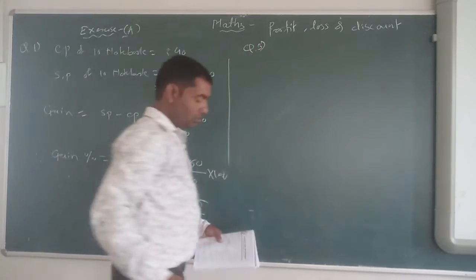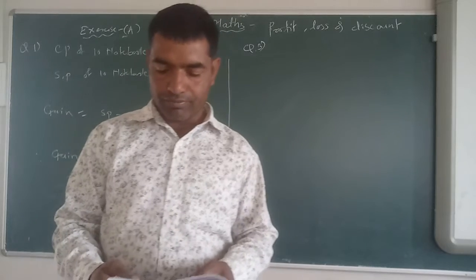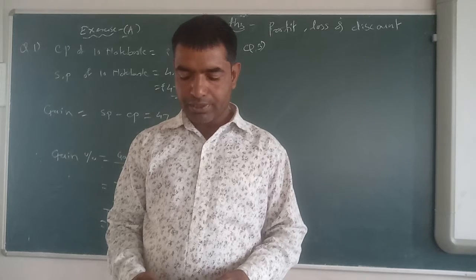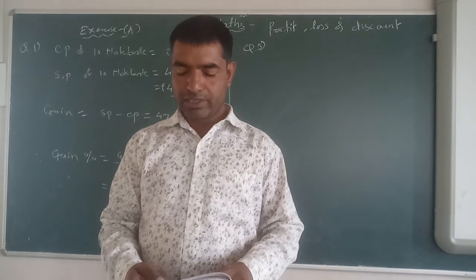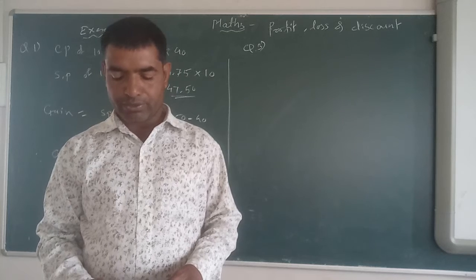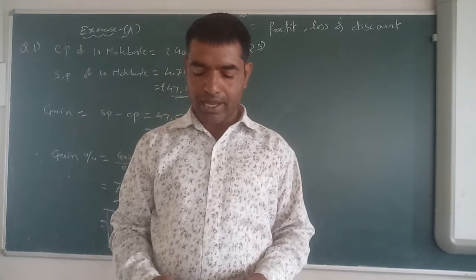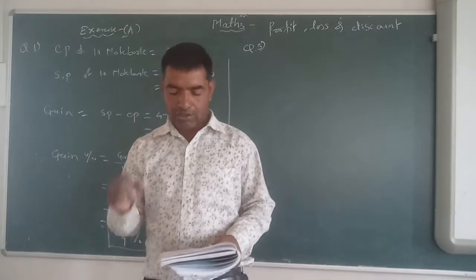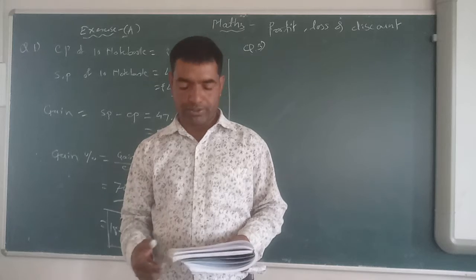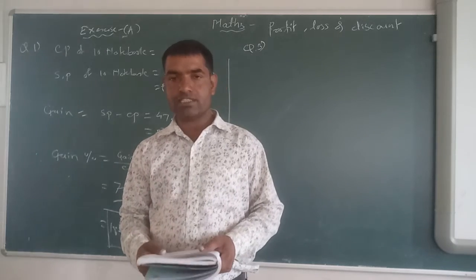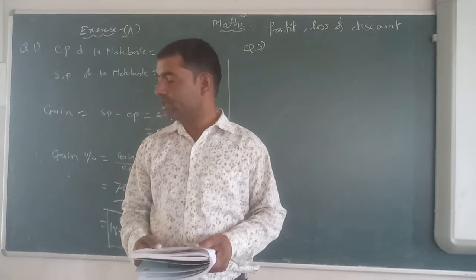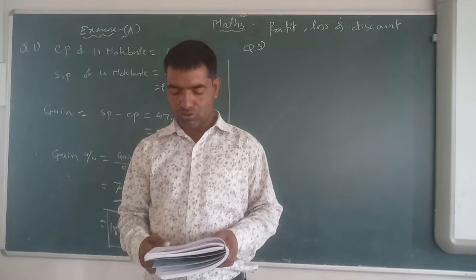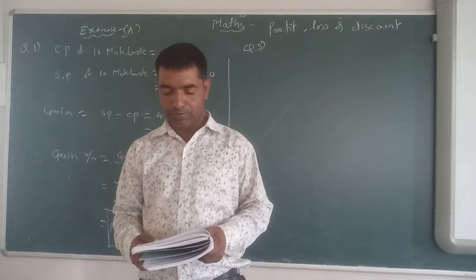In question number 3, you are given that a man buys a certain number of articles at 15 for rupees 112.50, meaning the cost of 15 articles is 112.50, and sells them at 12 for 108. So 12 articles are sold for 108 rupees. We have to find his gain as a percent, then the number of articles sold to make a profit of rupees 75.